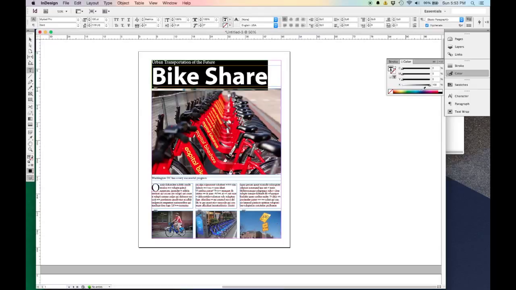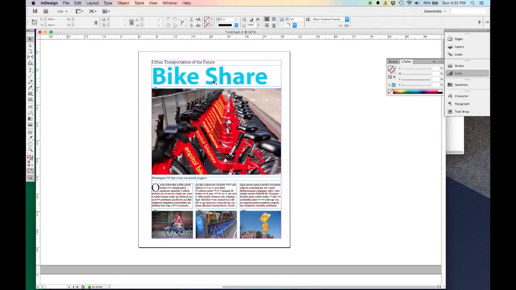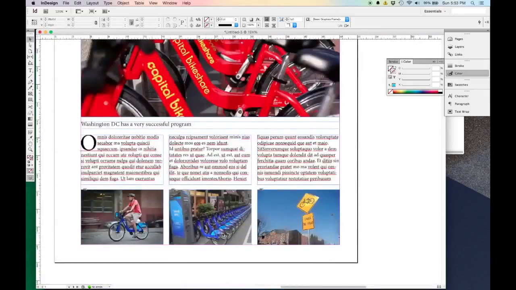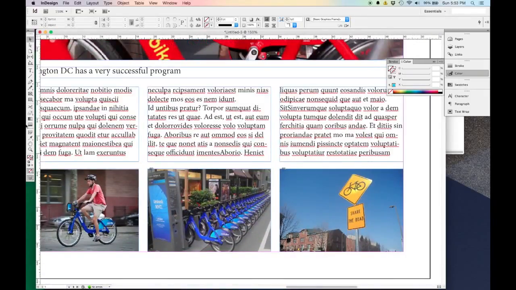And here I have a whole color spectrum, so I can just start picking colors. And then if I click over here, you can see what it looks like. That's a nice looking blue, but it's pretty arbitrary. Maybe what I want to do instead is pick some of the blue out of this nice city bike blue. I really like this city bike blue. So I'm going to zoom in to the city bike blue and select my eyedropper tool here,